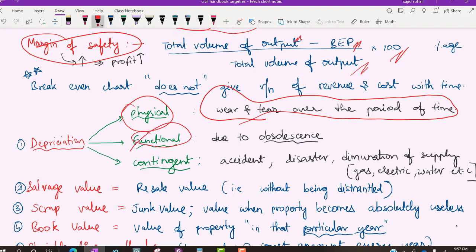Next one आके functional depreciation. What is functional depreciation? Due to obsolescence, यानी it is outdated now. That is outdated technology. For example, पहले हम pagers use कर रहे थे cell phone के पहले. Pagers was hot topic. And after that cell phones come. Once the cell phones come, pagers का use ही चले गया. It became outdated. Right? I hope you are getting it right.